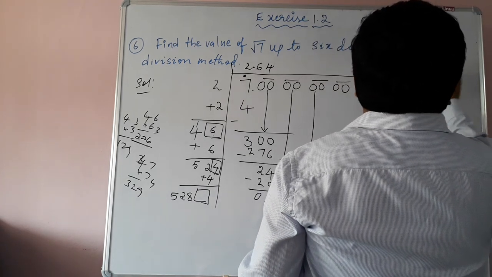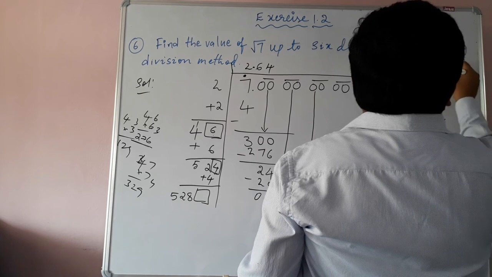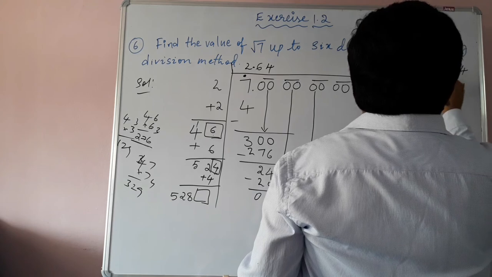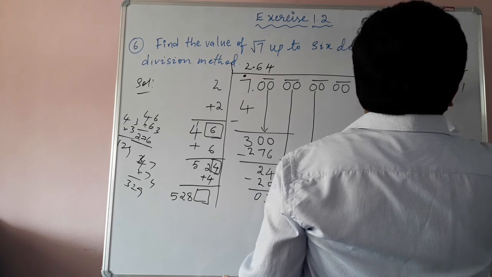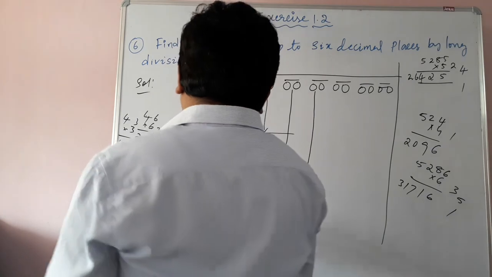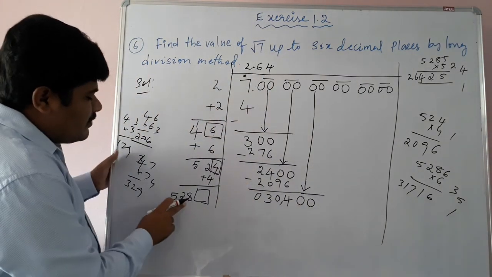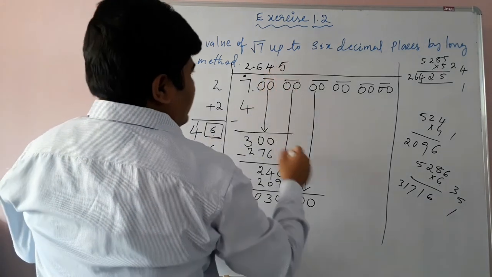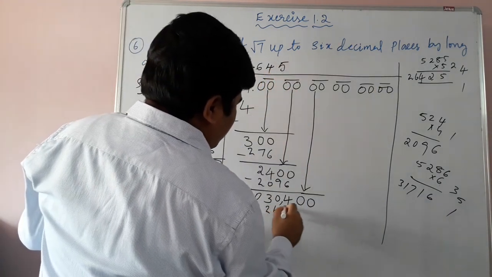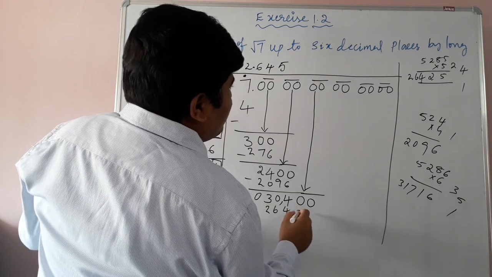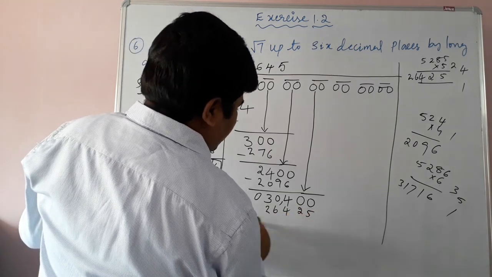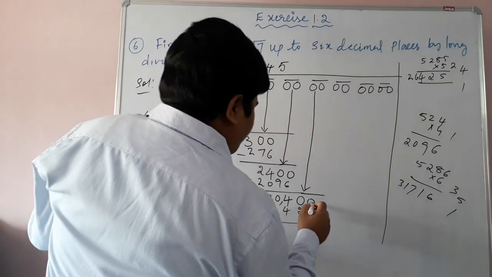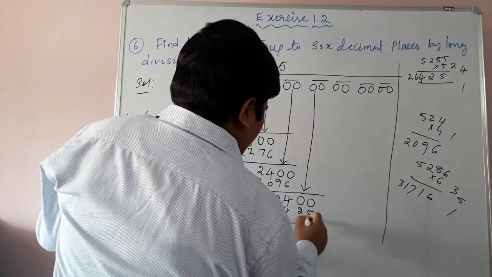5,285 fives are. Okay, 5 fives are 25, 5 eights are 40, 40 plus 2 42, 5 twos are 10, 10 plus 4, 14, 5 fives are 25, 25 plus 1 26. Yeah, so here if we take 5,285 fives, 26,425. So here we need to subtract this, children. Okay, and yeah, here subtracting 5, 7, 9.